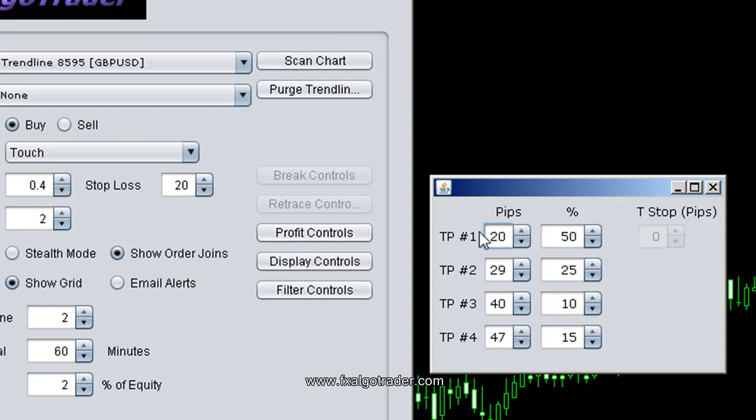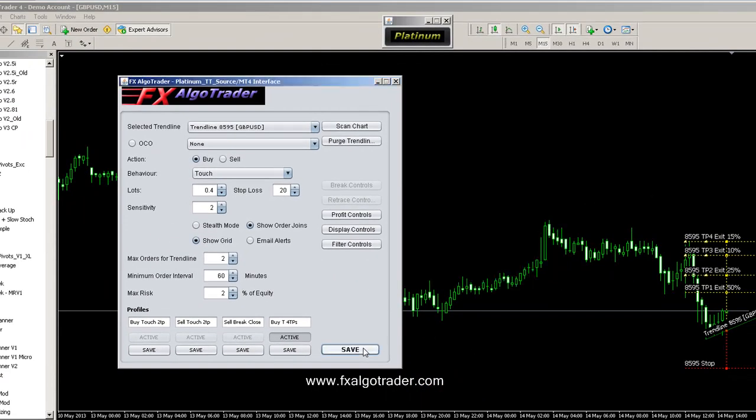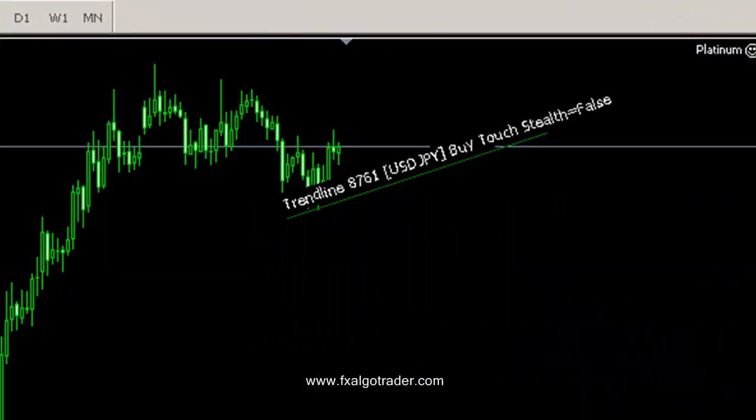Obviously we can also change our exits using the interface if we want to. So if we want to push out the 4th take profit level, move it higher to say 70 pips or so, that's very easy to do. Just click save, and you can see the take profit level has been shifted accordingly. So that's an example of how we can set profiles. So extremely quick to implement